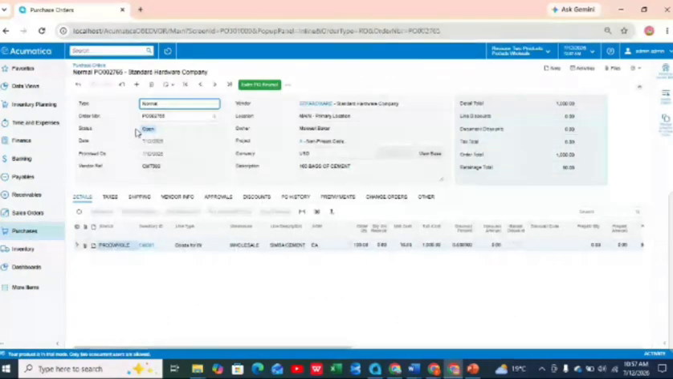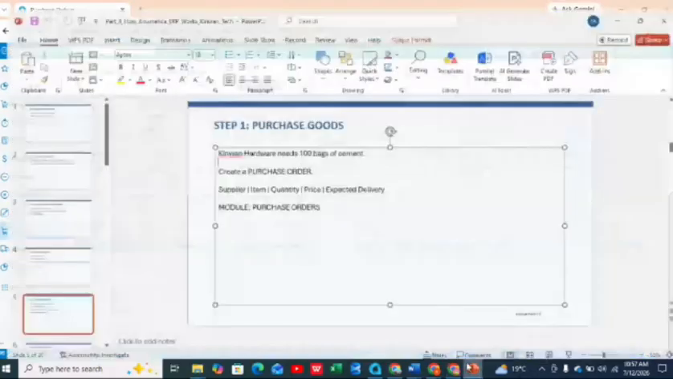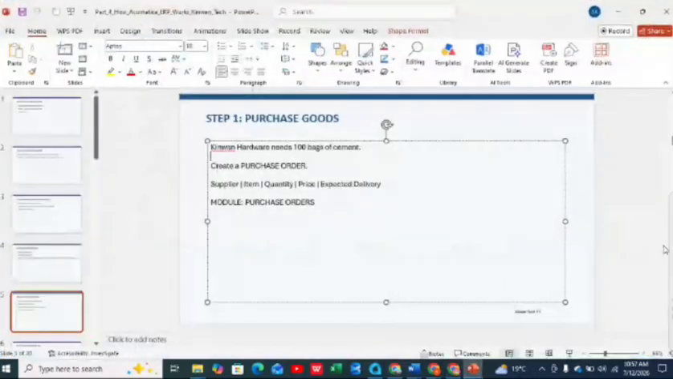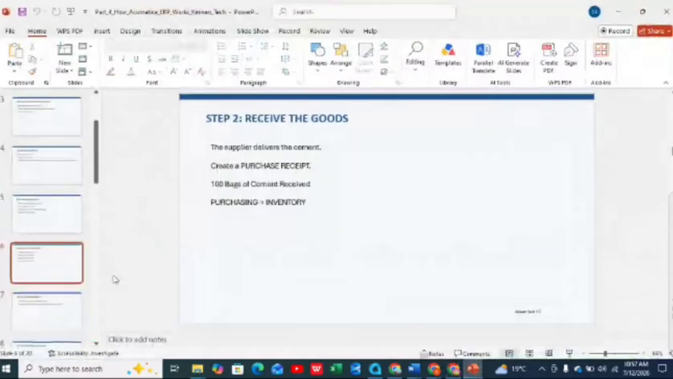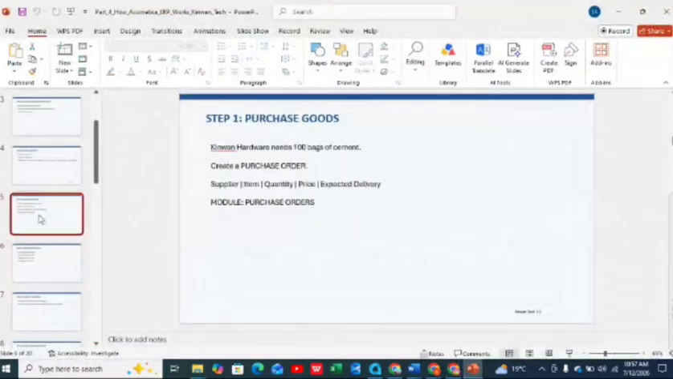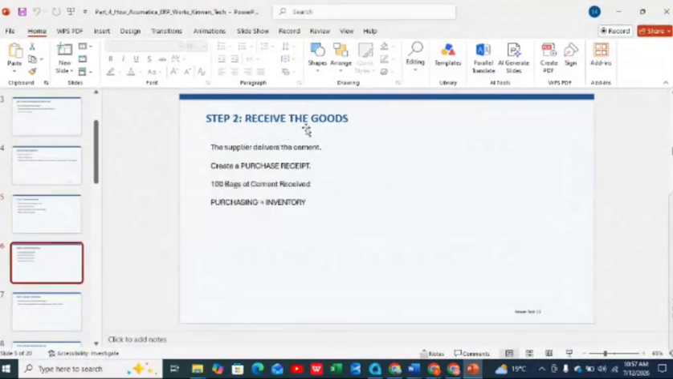And now we are being requested to enter the PO receipt, the purchase order receipt. As you can notice under our PowerPoint, the process which you are following, we have created a purchase order. And now, after creating a purchase order, step 1, under step 2, we need to receive the goods. To receive the goods into our inventory, the supplier has already delivered the cement, and now we need to create a purchase receipt. So we create a purchase receipt when the supplier has already delivered the cement to us. So to create a purchase receipt, we shall get back to the ERP again